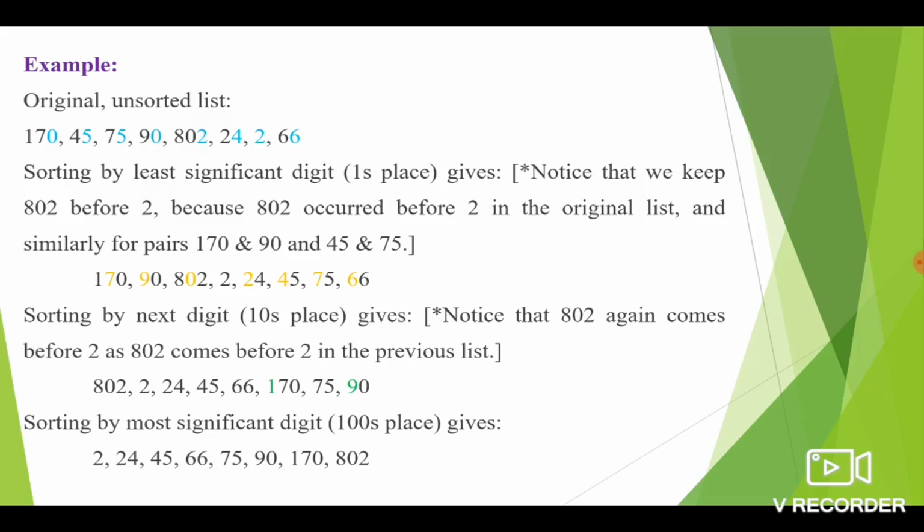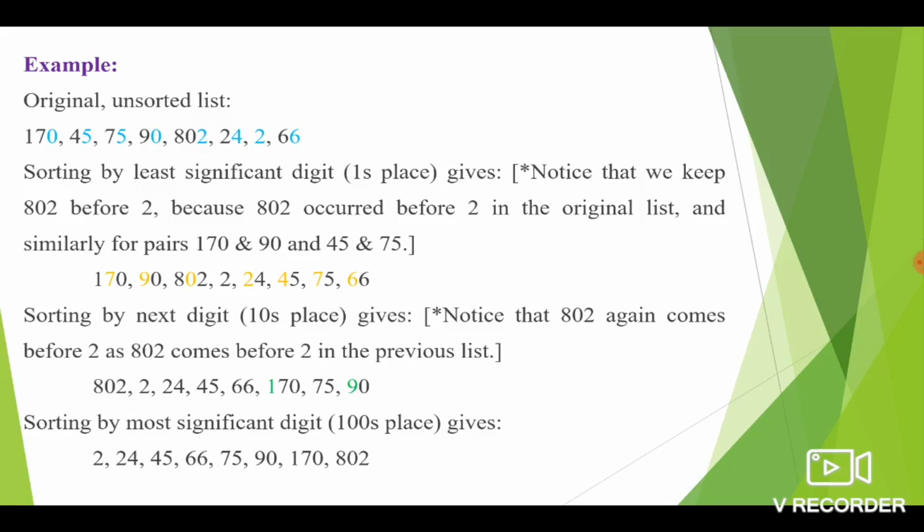Then I am searching for the numbers which have 1 in the tens place. So we don't have any such numbers. So again I am searching for the numbers which have 2 in the tens place. So I am having only one number, 24. So it is added to the output array. I am continuing with the number 3. So that 3 must be in the tens place. Like that, I don't have any number.